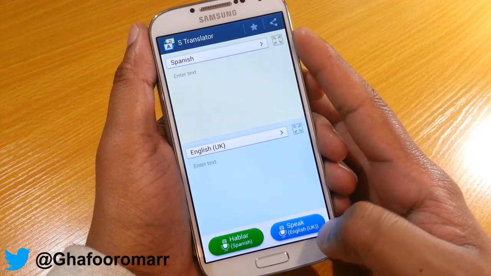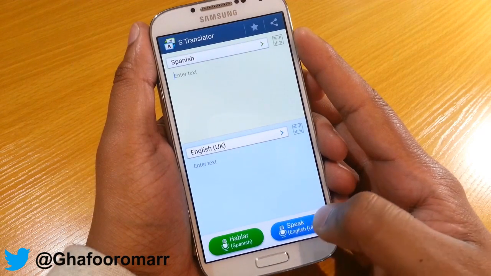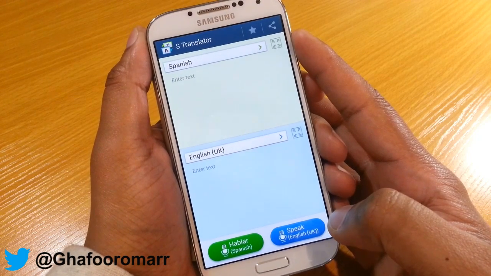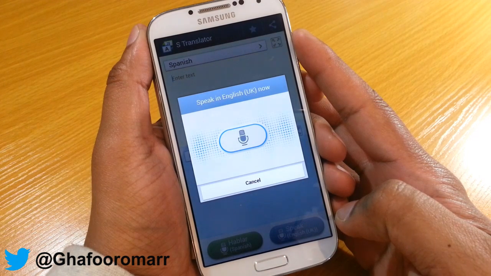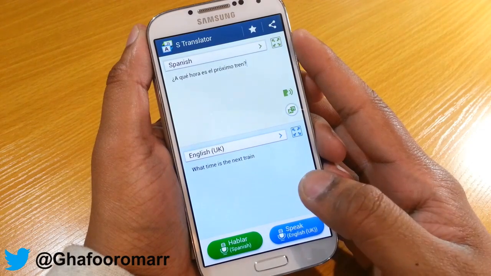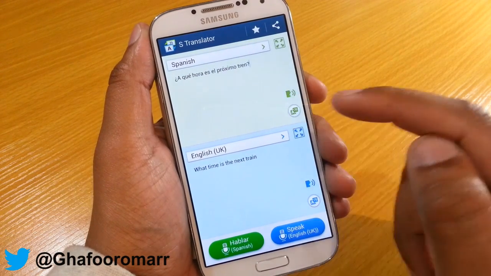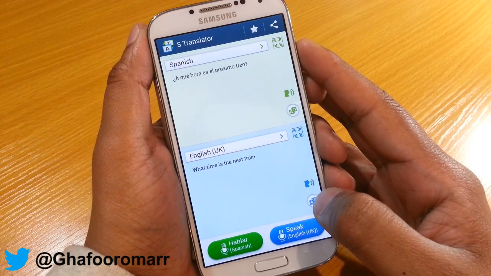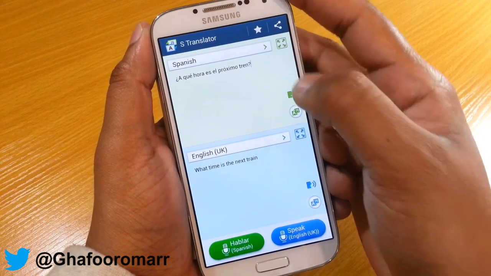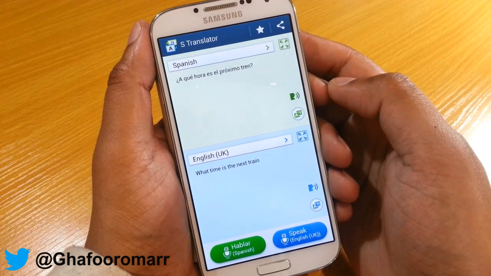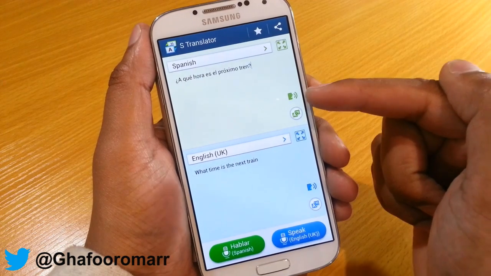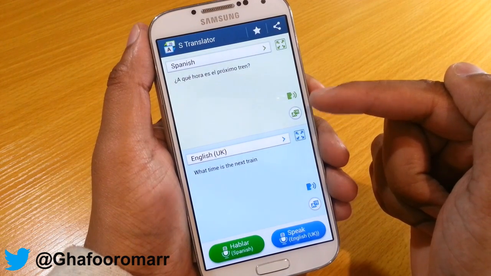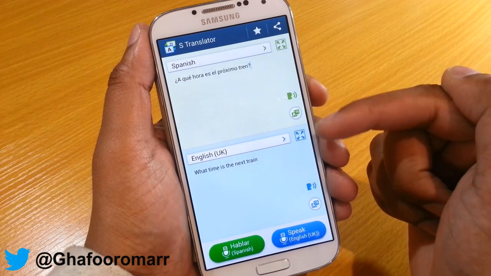We're going to try English first, just to try this. So we're just going to do, when is the next train? What time is the next train? So then it will recognize it like this, then it will then translate. So you can either press the button if it hasn't done it, or you can just use whatever it's got. And then Spanish, so it will then translate into Spanish. You press the green button there to translate into English, well, for it to say whatever you've typed in